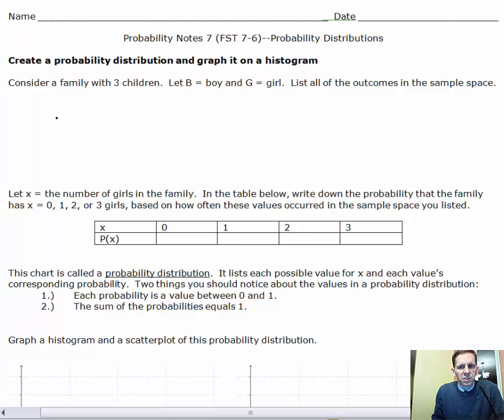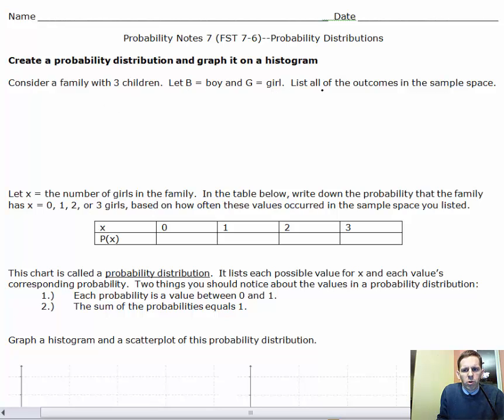This is probability note 7, probability distributions. Today we're going to create a probability distribution and graph it on a histogram, and we'll also calculate the expected value or mean of a probability distribution. We're going to look at a situation right here where we're going to consider a family with 3 children,